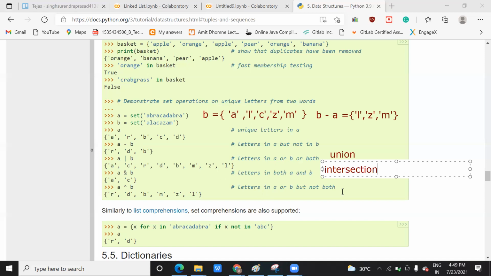Now the next is your symmetric difference. What do you mean by symmetric difference? Symmetric difference means the elements which are present in A or B but should not be present in both. What do you understand from this? The elements which are present in A or either in B but not present in both. So how can you do it? You just remove the common elements A and C which are present in both. If you remove them from this, you will get this. Do you understand this last operation, symmetric difference?